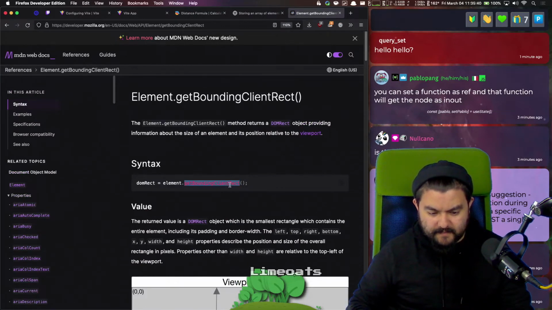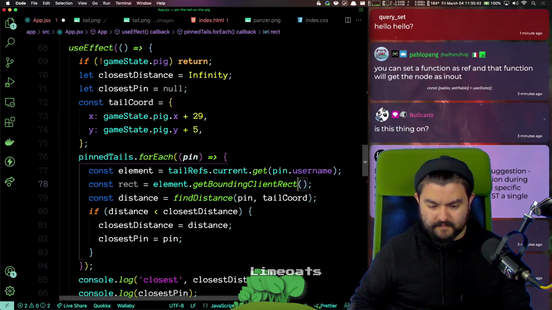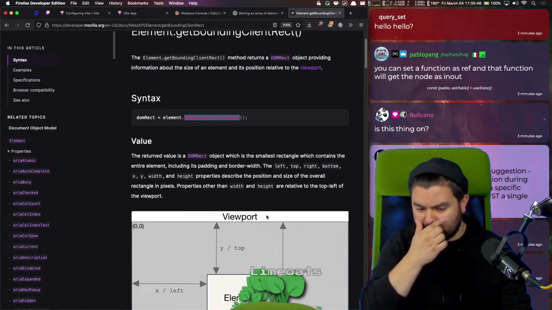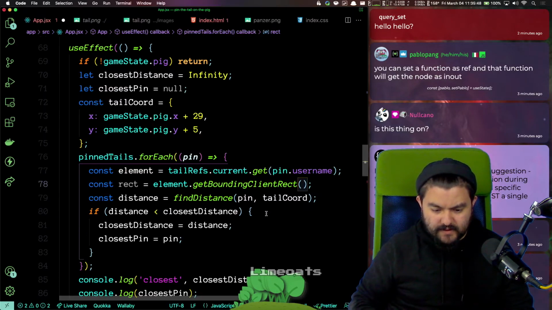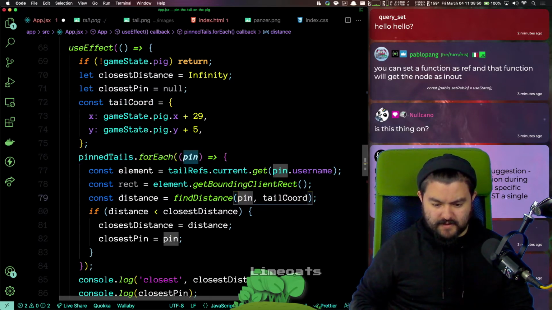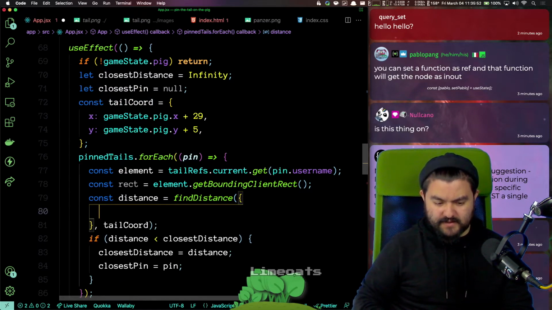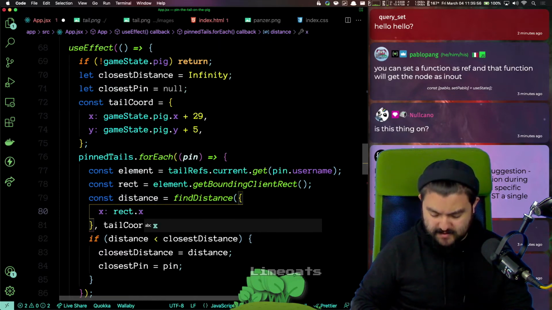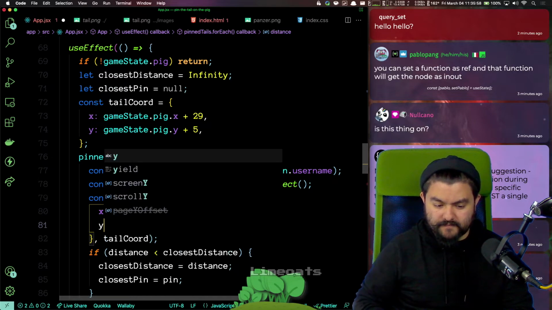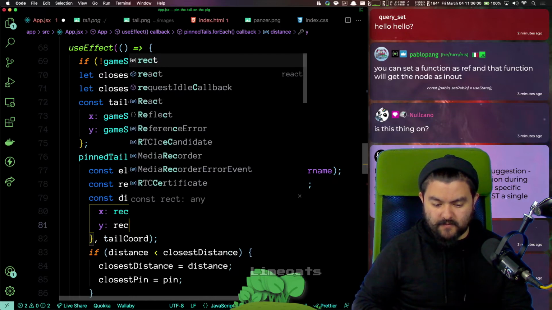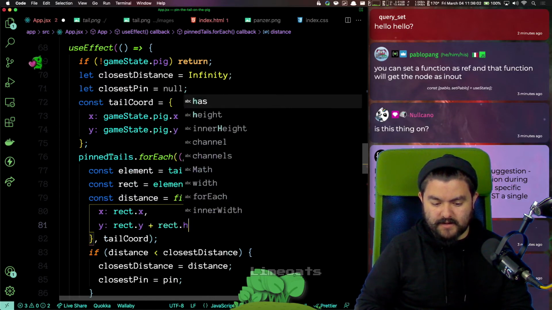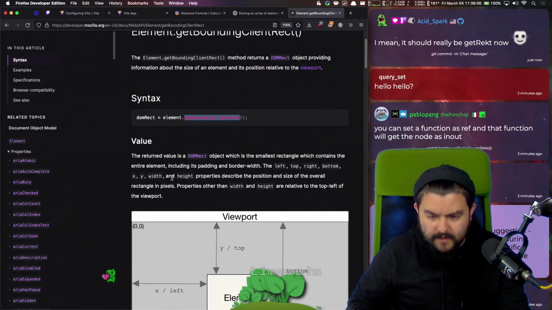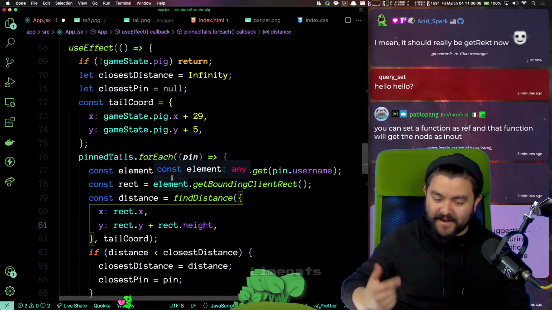Did I spell it right? Yeah. And that has an X location and a Y location. And so what we want to pass in is where the X is the same thing, so rect.x, but the Y is rect.y plus rect.height. Does this give us a height? Yeah, height.